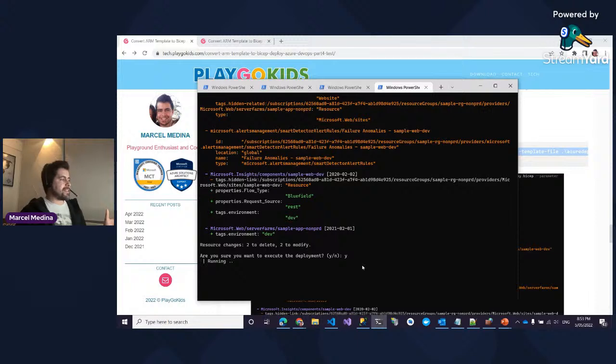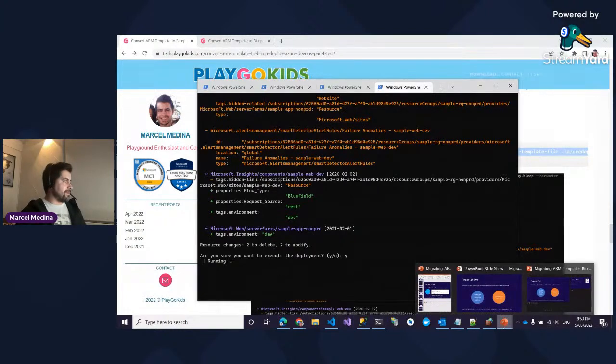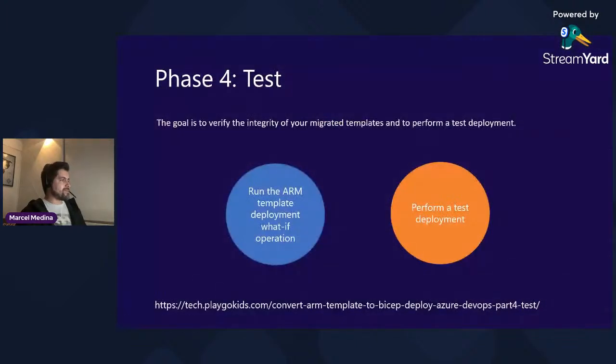To validate. And now I'm applying the bicep against the Azure resource that was provisioned with the ARM template. Let's consider this your test environment. So you're doing that and you are sure things are going to work. All right, I'm going to leave it in there. By the end, we should have the conclusion of that. If that comes soon, I'll show. Otherwise, that's part of what you need to do. Let's just continue